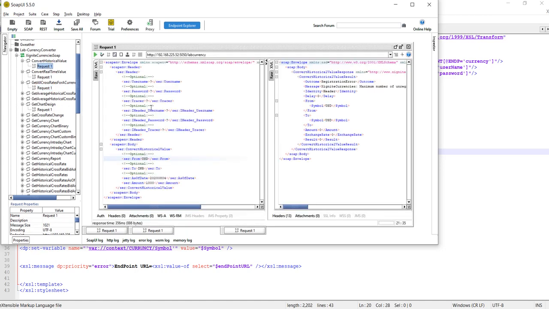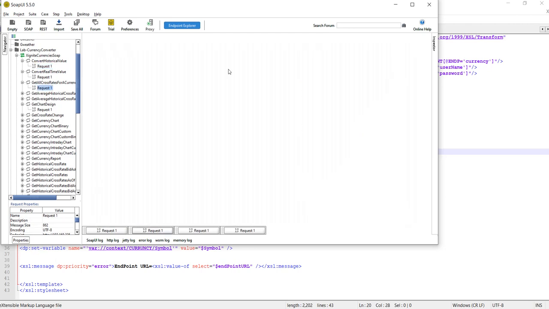Convert historic values, yes. After that we have from, to, as of date. As of date, I don't know the exact format of the date, so I will just pass a random value, and the amount. So for this operation we have only one new value, that is as of date.